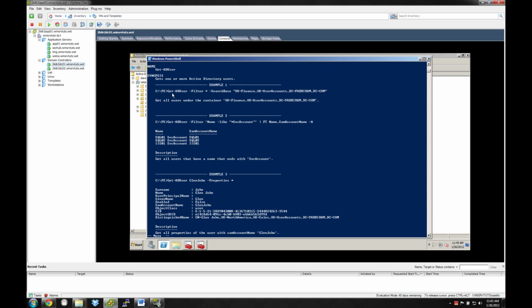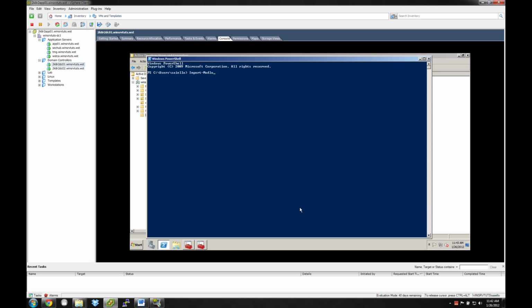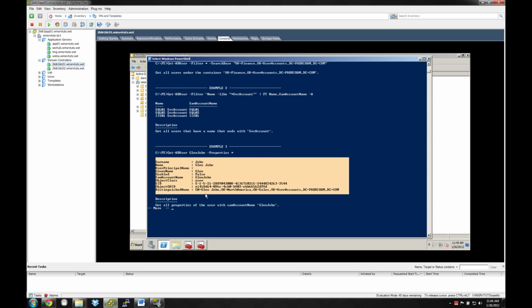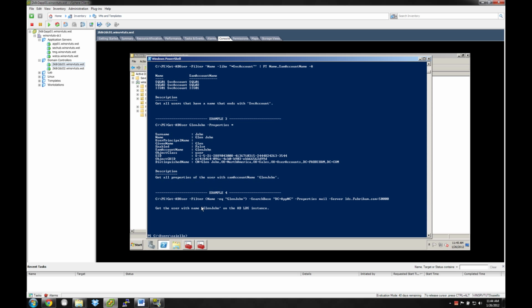So now, this will give us syntax examples of exactly how we can use this search tool. If you see here, Get-ADUser, Glenn John, this is a name here, and then properties. So we want all the properties for our user Glenn John. Okay. Just continue through here. What we're going to do is, let's say that we have a change management group,